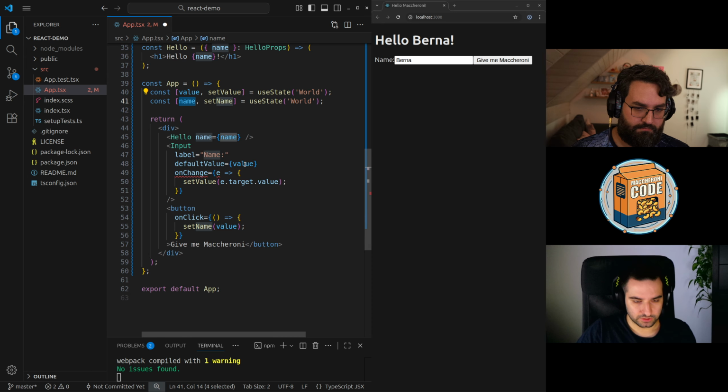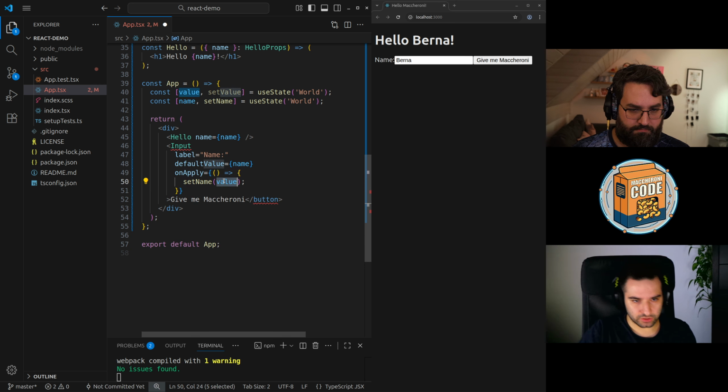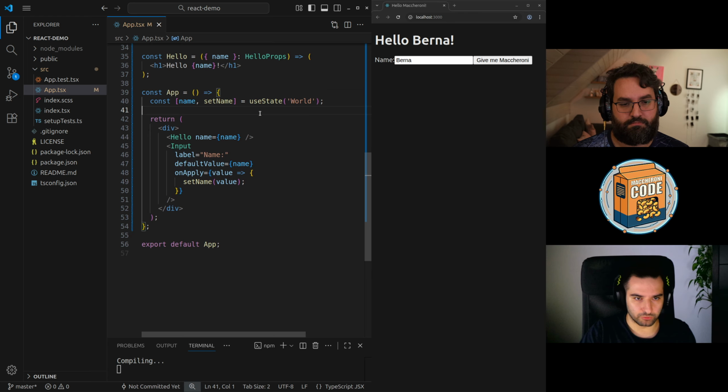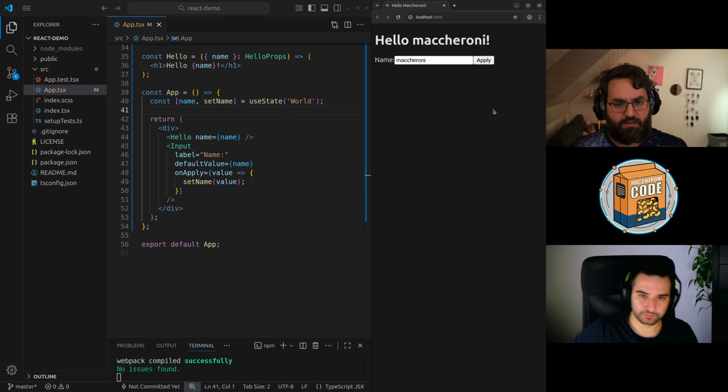So here it is, and we have the onApply function here that is similar to the onClick function. It takes the value from here, and we have to close the component in the correct way. Okay, we can remove the value here also, and now this is the new component.